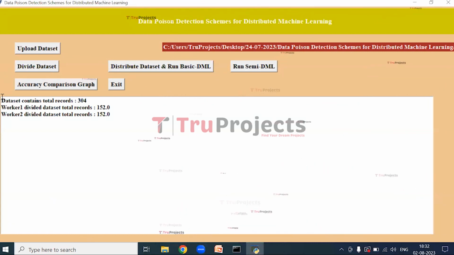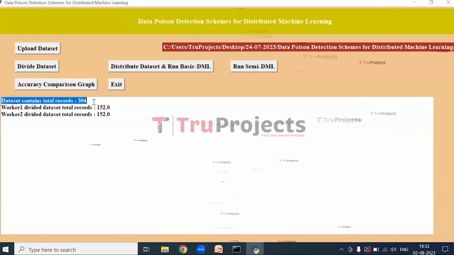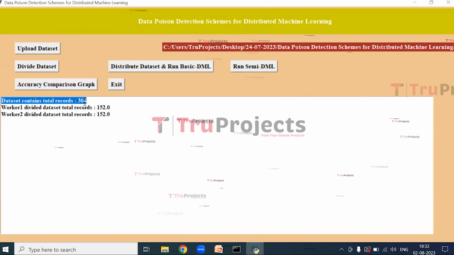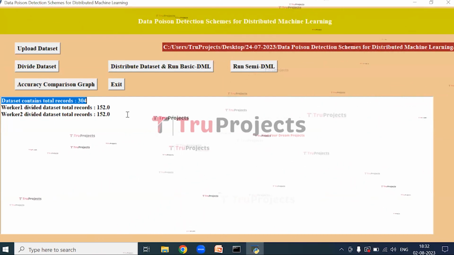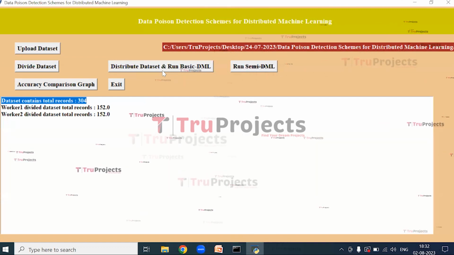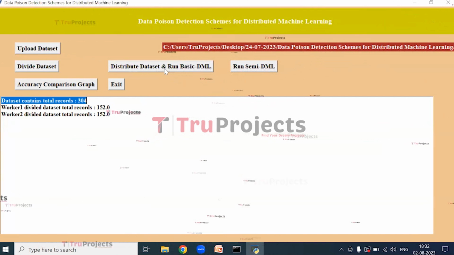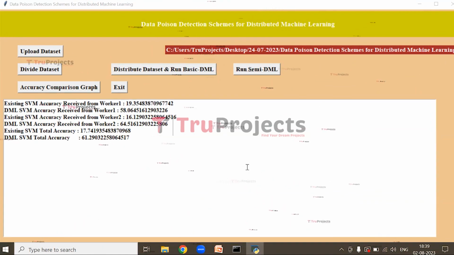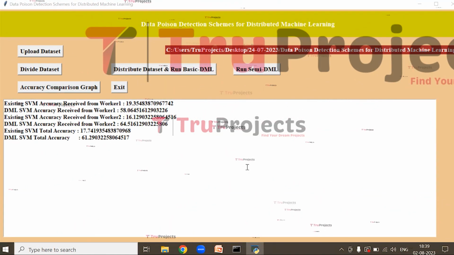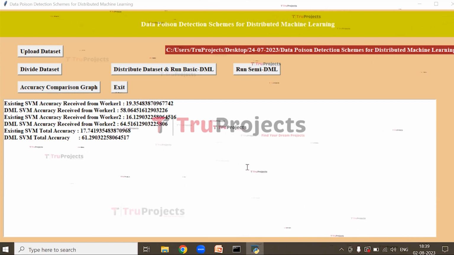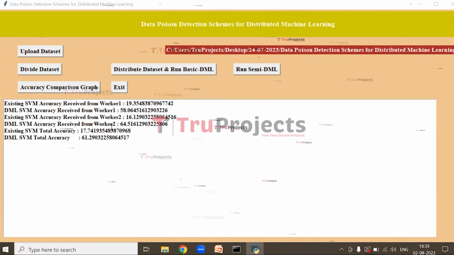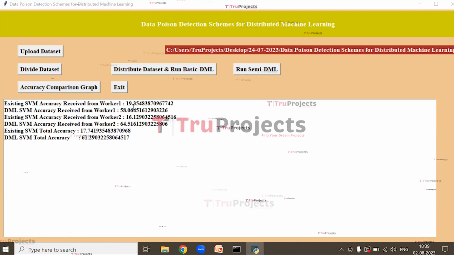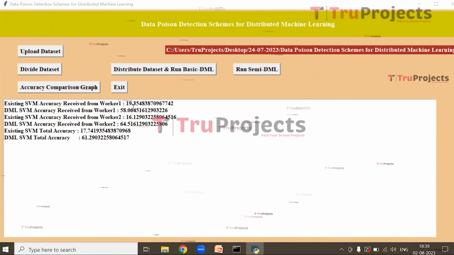So here we can see the dataset contains this many records and the dataset is divided into 2 equal parts. Now click on distribute dataset and run basic DML to distribute the dataset. In the above screen, we got results from the 2 worker nodes for existing SVM accuracy and proposed DML accuracy. We can see the existing SVM accuracy is 19% when data poison exists in the dataset, and after removing data poison using the DML technique, we got